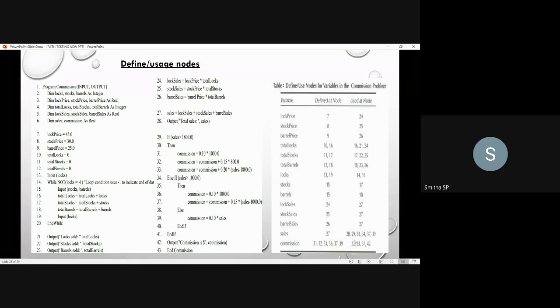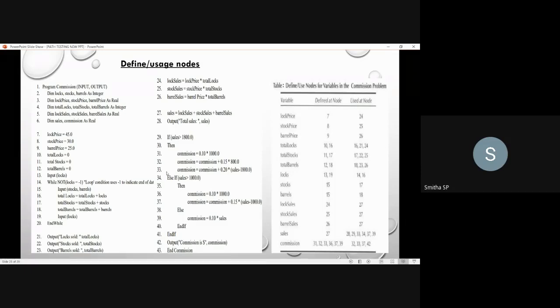So one usage is at the 28th node. Then again, for the commission calculation you will make use of it, so coming to the 29th node, to check whether the sales value is greater than the ranges, that is 1000 and 1800, you will make use of it. So at the 29th line you will use it for the comparison, so the usage node is the 29th. Then moving to the next lines, go through the other statements.